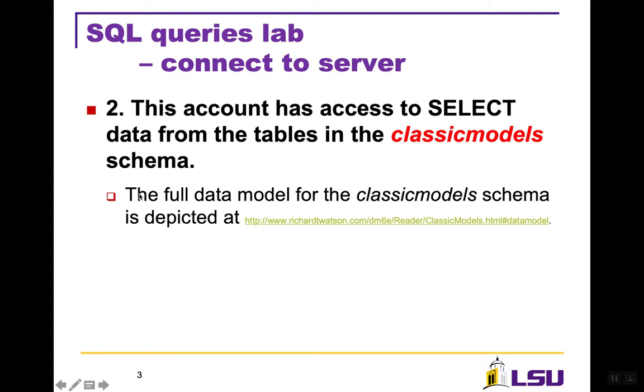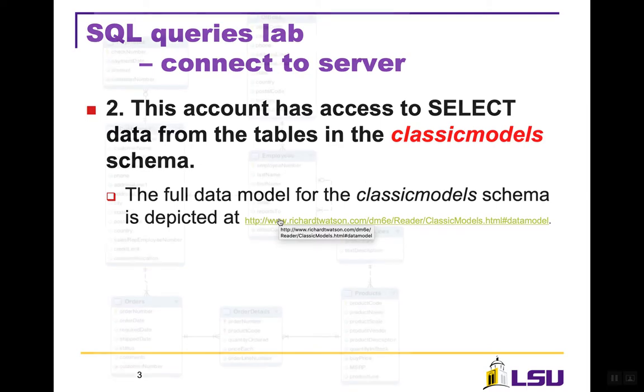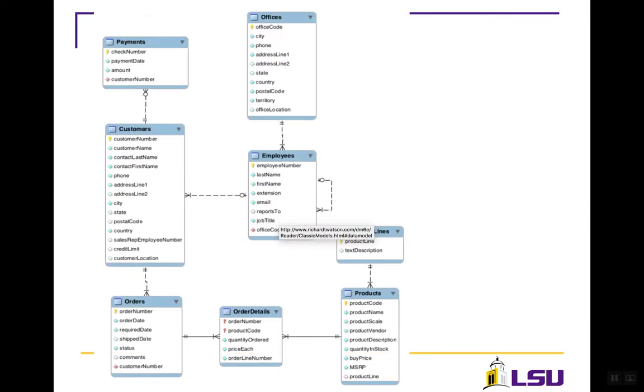The full data model for the classicmodels schema can be found here, and I also attached a graph for you. From this full model, we can see each rectangle represents a table. We have 8 tables together in this database, such as payment and customer, and you can see the table titles. You can also see very specifically what the columns in each table are. For example, for payment, you can see check number, payment date, amount, and so on. It's a very intuitive, direct way to understand all the tables and columns in